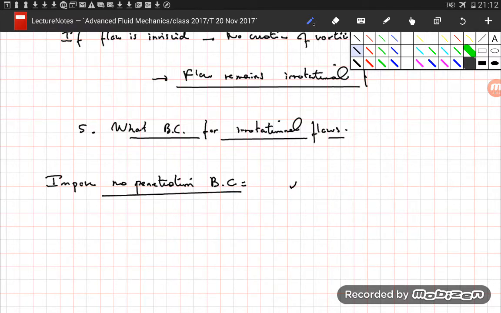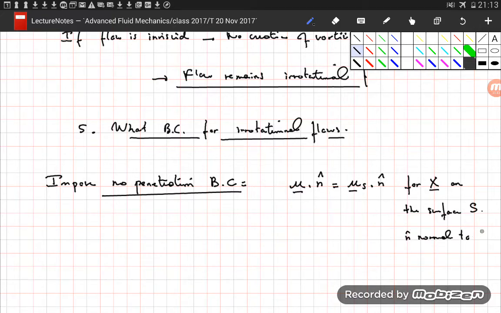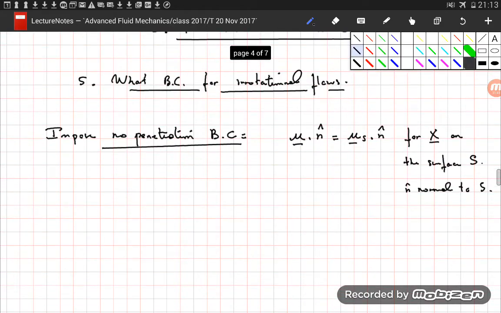So what we are saying is that the normal component of the flow velocity field at the surface needs to match the normal component of the velocity of the solid wall at the surface. So this is for a location x on the surface S, on the interface S, and n here is normal to our surface. Again, in particular,